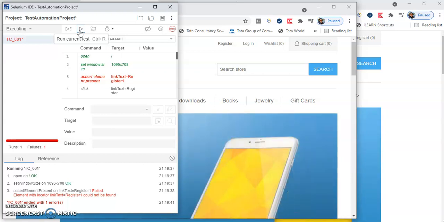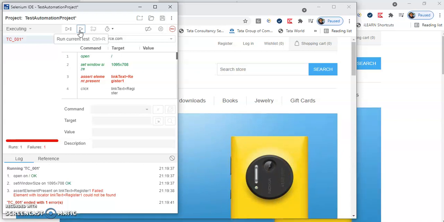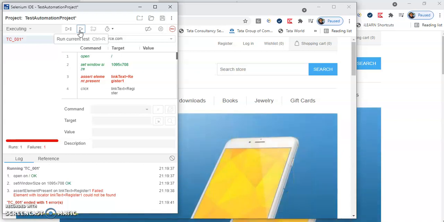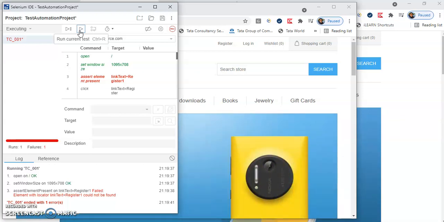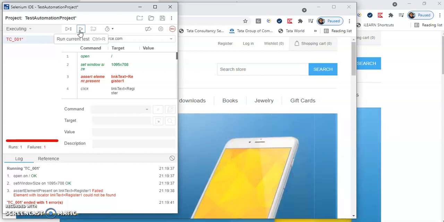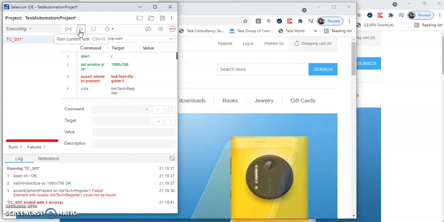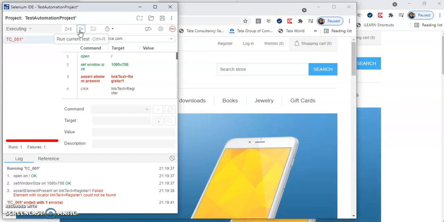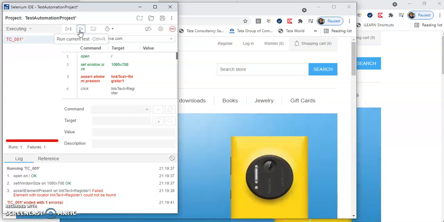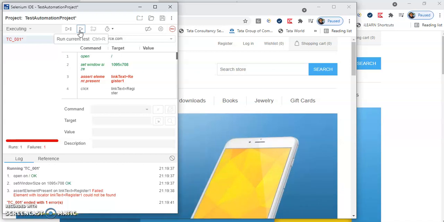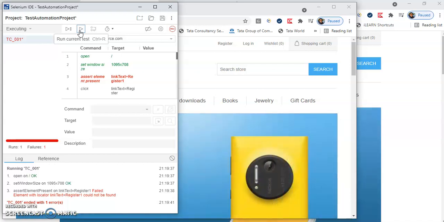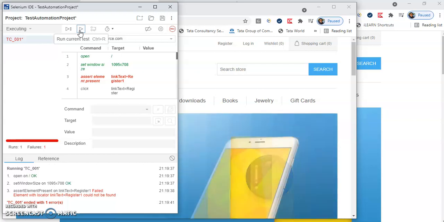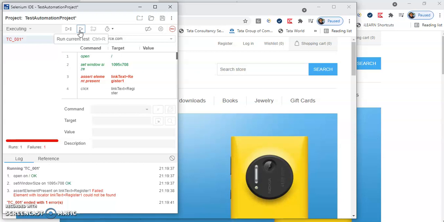So this is the difference between verify and assert. If you go for verify and the statement gets failed, that means your expected result is not matching your actual result, it will throw an error, but it will go ahead with the next line of code. It will not stop your execution. But if you go for assert and the assertion gets failed, it will stop the execution then and there only.